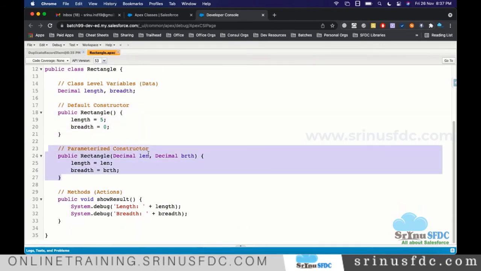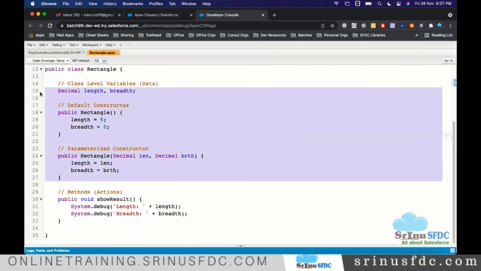Let's say the developer creating that object supplies the length and breadth, whatever they want, let's say 100, 200, 500, 1000, that value we assign to these length and breadth variables, and we maintain them. All this happens when we create the object. As soon as we create the object, immediately the logic which we keep inside the constructor will be executed.